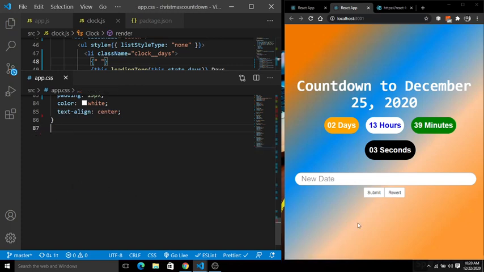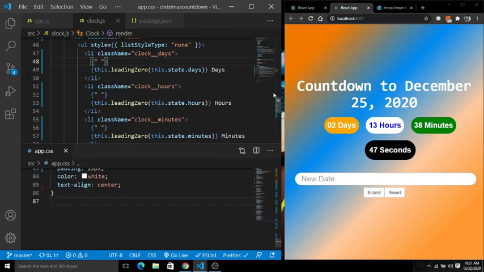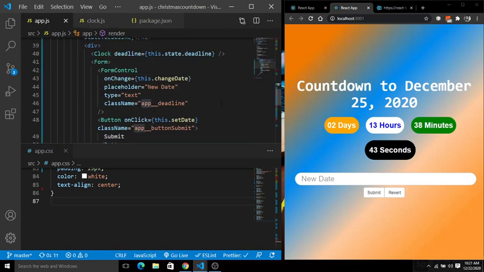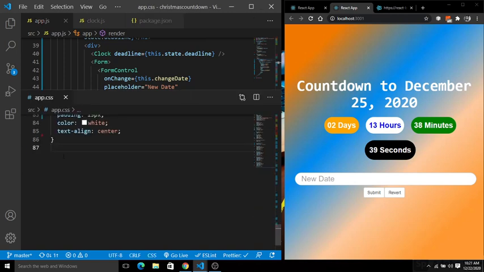Now it's time to style this button section. For this button section, I am going to simply do the following CSS for the buttons also. Let me see the class name of the buttons. So we have two buttons, and inside the app.js we have a button submit and the button revert. Let me copy this class name.